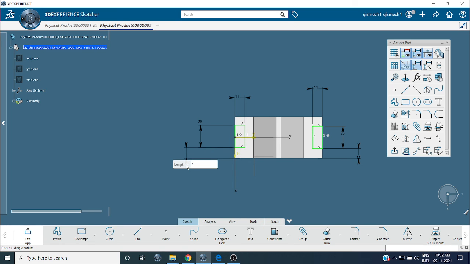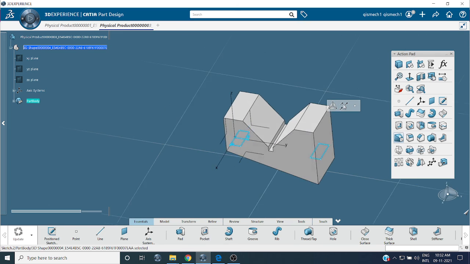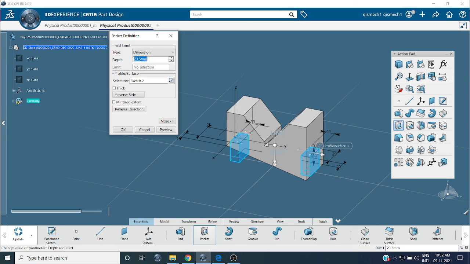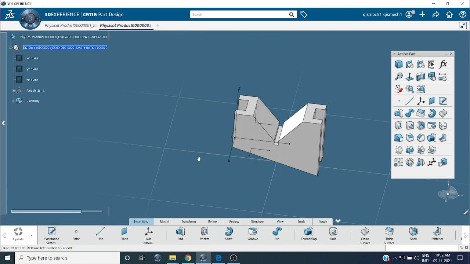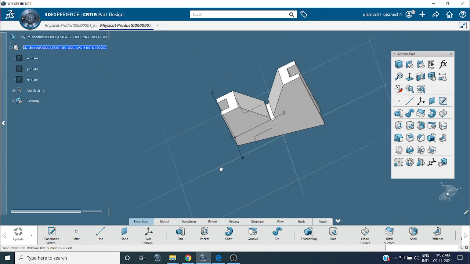What is this dimension? 11. Then for the edge tab, pocket, give extended dimension, preview. Okay, now your dimension diagram is completed.